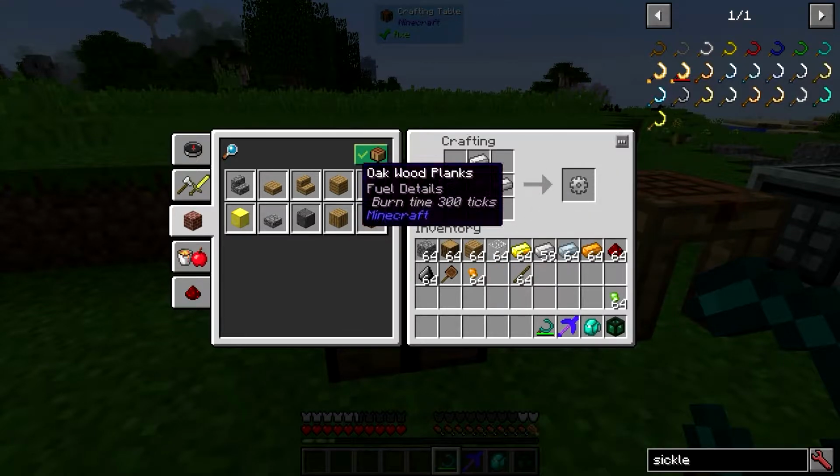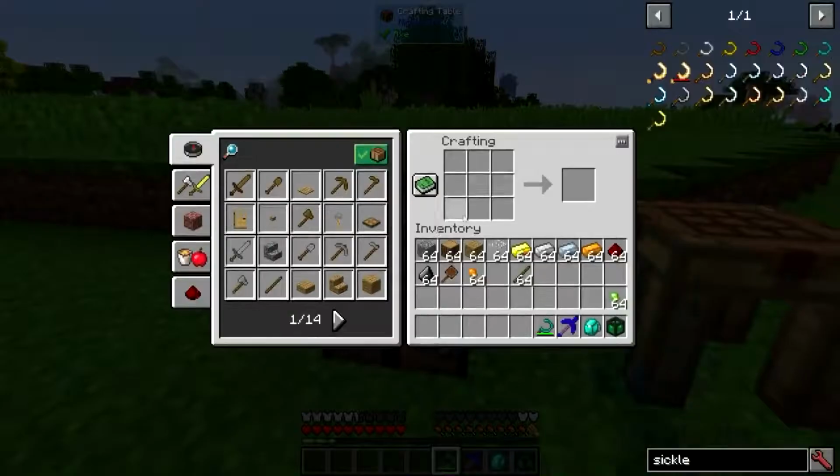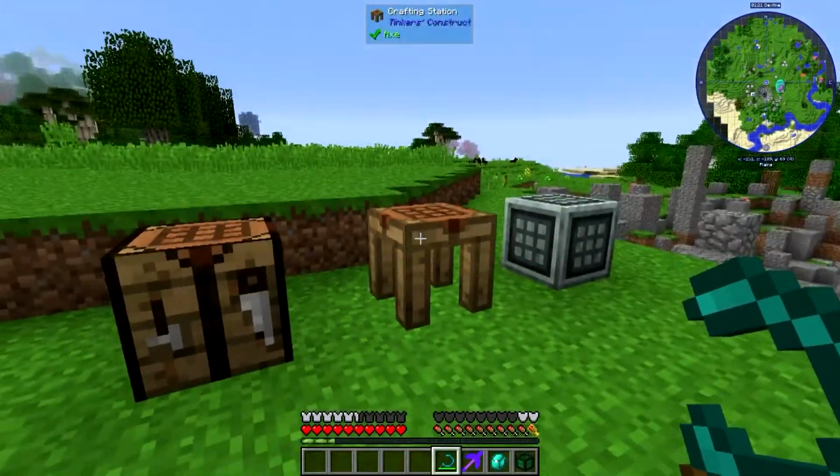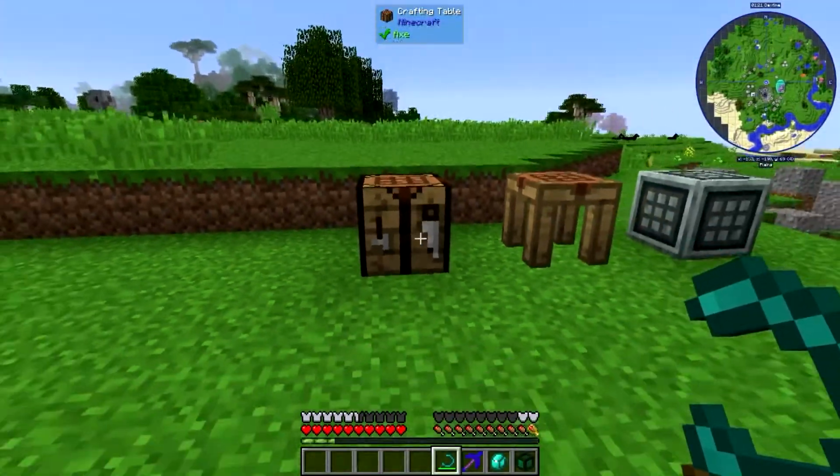So I think we'd have to add something else. Anyway, I'm getting off the point. So, why to use this button? All right, so what we're going to do is we're going to craft everything we need for two